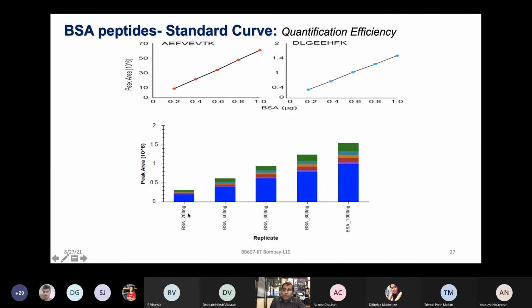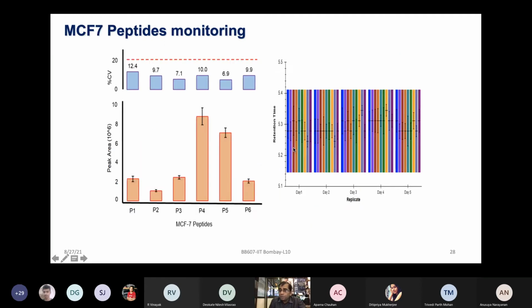If you load only 200 nanogram, or when you load 1000 nanogram, like your calibration curve for quantification, see how well you can get those data to make the standard curves. So again, some of these things should be done.